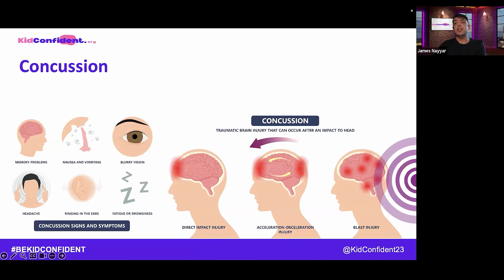So concussion is defined as temporary injury to the brain caused by a blow or a jolt to the head or by a knock to the body that results in the head moving rapidly, and it affects the way that the brain functions and can cause a range of symptoms including headache, dizziness and confusion. But most concussions don't involve a loss of consciousness, and one of the definitions actually says that if there is a loss of consciousness, it has to be less than 5 seconds. The important thing about concussion is recognizing it actually and monitoring the child afterwards for any deterioration, which could be a sign of a more severe injury, and investigating for the reasons that we mentioned earlier.